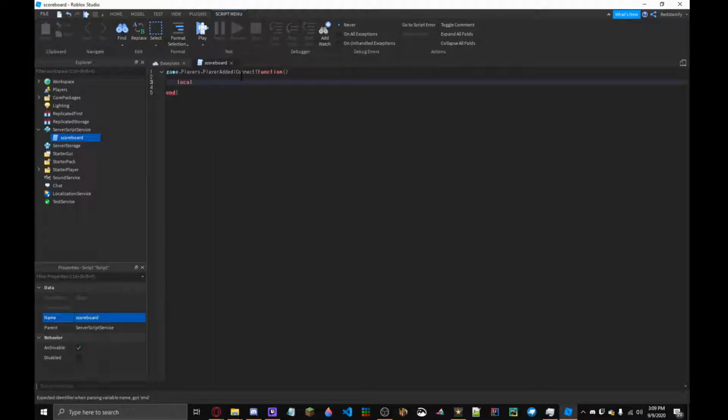Well, I'm just going to call it statFolder equals Instance.new. Now we need to put a quote. I haven't done this in a very long time, and I'm kind of forgetting, so I might be pausing the recording and unpausing it a lot. So Instance.new, then we need to do Folder, and then we need to